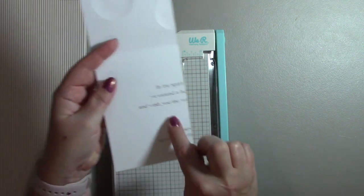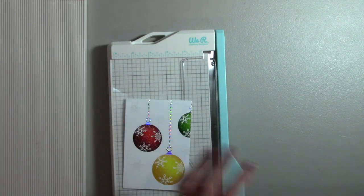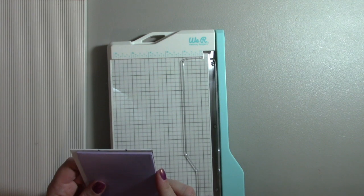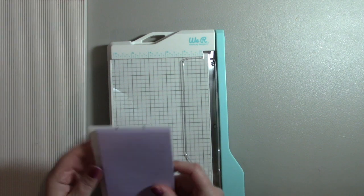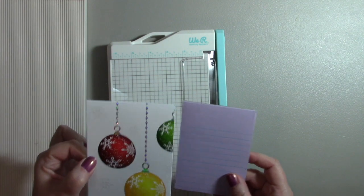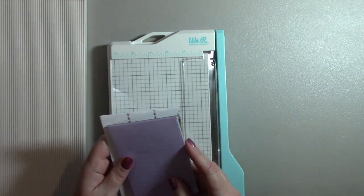I want to definitely leave the back intact, and it does not matter that there's words here because they're going to get covered up. So I want to get my paper pad. I think I'll use purple for this one since they're bright colors, or pastel crazy colors, I guess. So I thought I would just use this left piece, leave that intact, and I will cut this left side off. I will use the right side, leave that intact, cut the left side off at 3.5 inches because this measures,